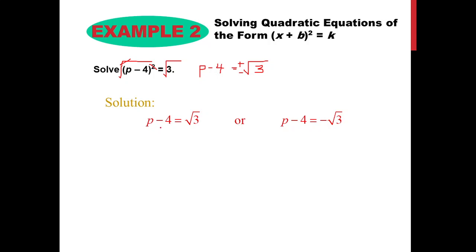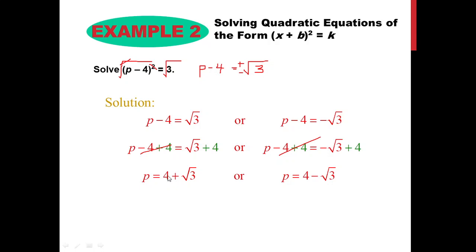Now to solve for p, all we need to do is to transpose or isolate the second term from the variable. So in this case, I'm using the additive inverse. I'll add a positive 4 on both sides of the equation, or you can just use the transpose method. Okay, using the additive inverse, negative 4 plus 4 is 0. Same goes here on the other side, leaving us with